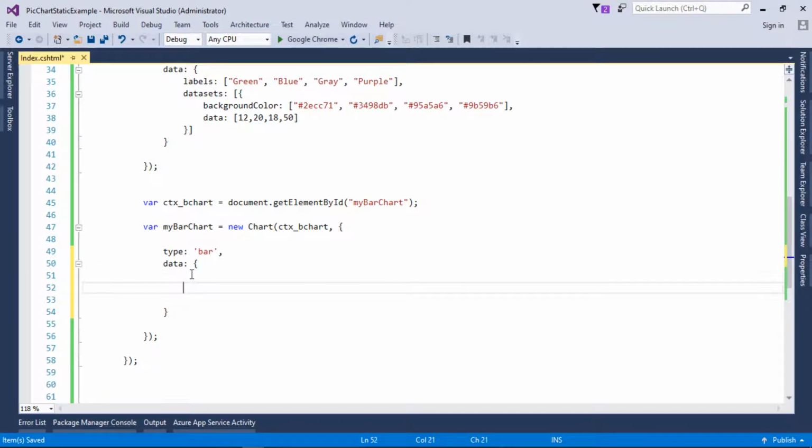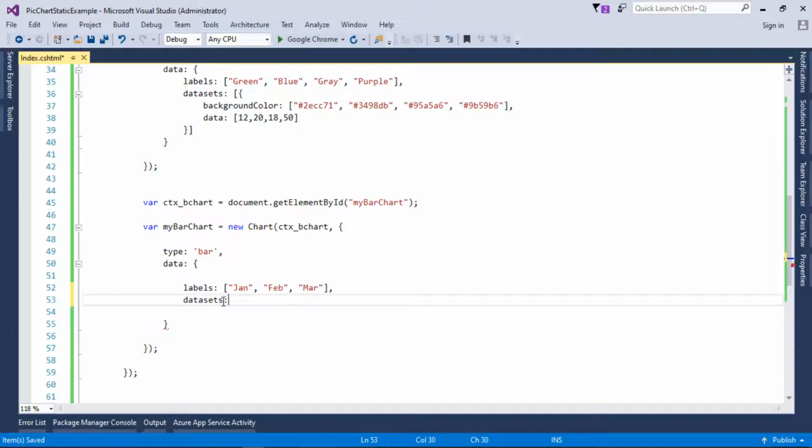The first one will be labels, and labels represent the data sets of our values, and this will be Jan. You can type whatever you want, Feb, and the last one will be March. Okay, I hope you are understanding, and make sure you type this property name correctly, otherwise the chart will have a problem rendering.